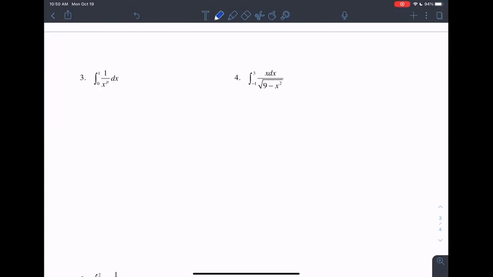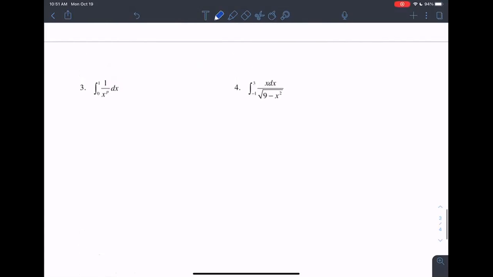If you look at number 4, where is that function discontinuous? Where is the function x over the square root of 9 minus x squared undefined, other than places where the stuff underneath the square root is negative? Where else do you have a problem spot? At 3, thanks Caitlin. Yes, 9 minus 3 squared is 9 minus 9, so that gives us a 0 in the denominator. And since 3 is in our interval of integration, we're going to have to compensate for that